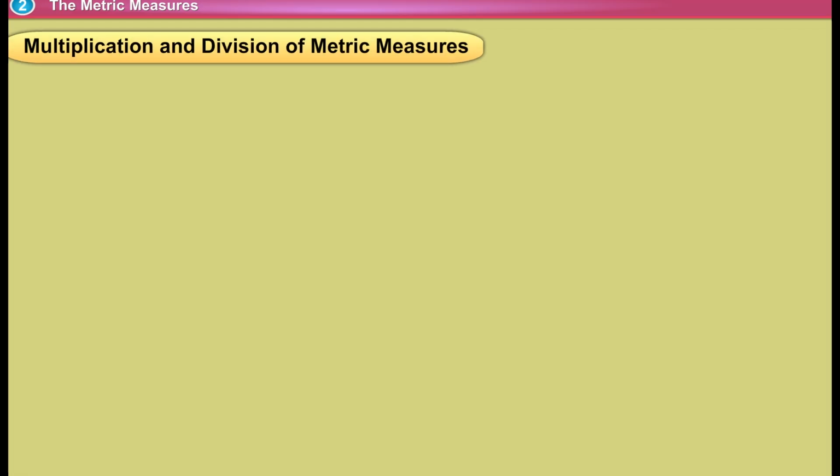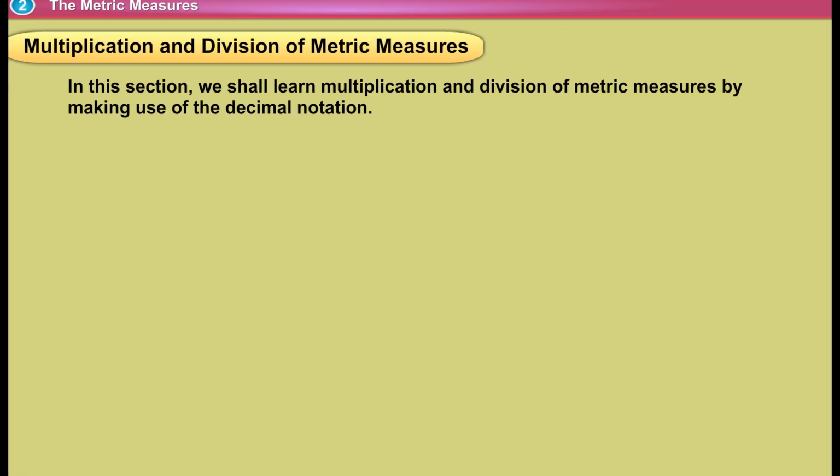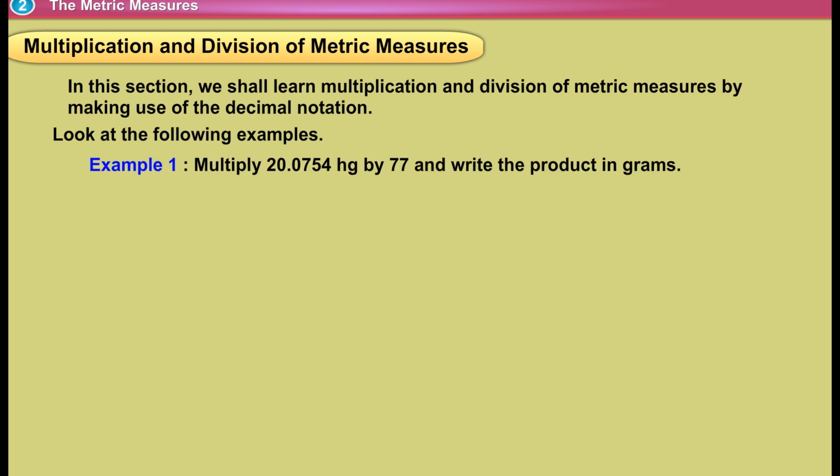Multiplication and division of metric measures. In this section, we shall learn multiplication and division of metric measures by making use of the decimal notation. Look at the following examples. Example 1. Multiply 20.0754 hectograms by 77 and write the product in grams. Solution: